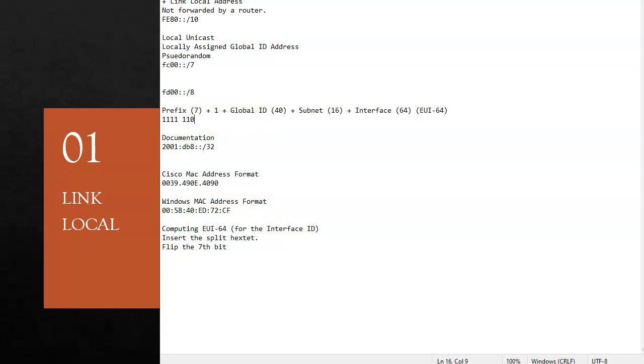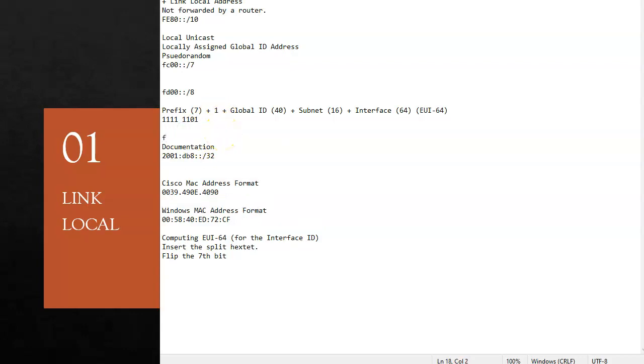And then I have another bit right here, this one bit that has to be set when I assign the address locally, and that's just part of the specification. So once I assign that particular address locally and I set that bit to a 1, what I end up having is FD, because that becomes a 13, 0, 0.